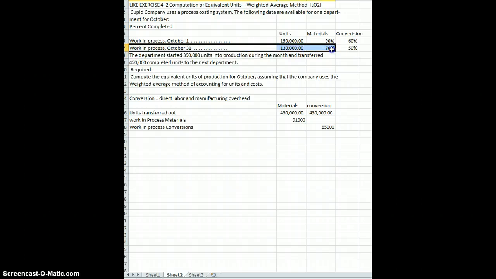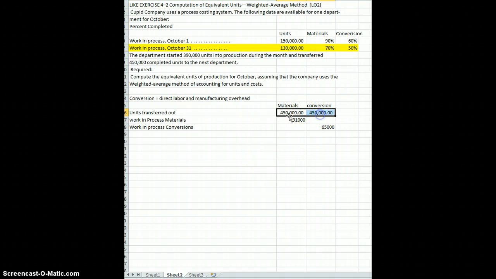Remember that we're focusing on October 31st, and anything from October 1st, this 150,000, probably got completed and moved here. We don't multiply the units transferred out by any percentage because they're complete units, so we don't have to take a fraction of them. And then the last thing we're going to do is get equivalent